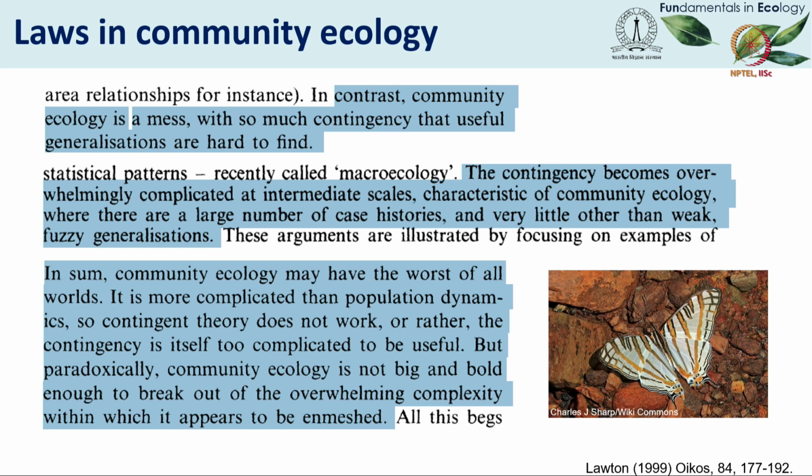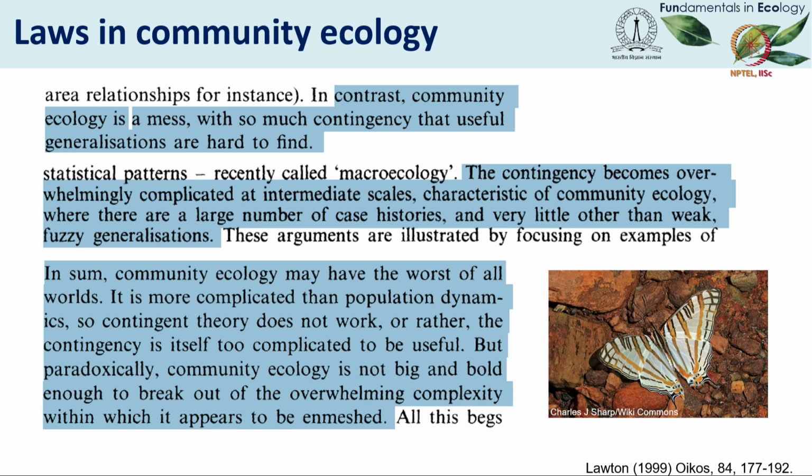There are general laws regulating how populations work. There are general laws determining how individuals interact with each other and interact with their environment. On the other hand, community ecology, John Lawton says, is a mess,